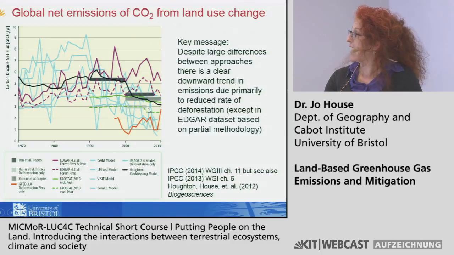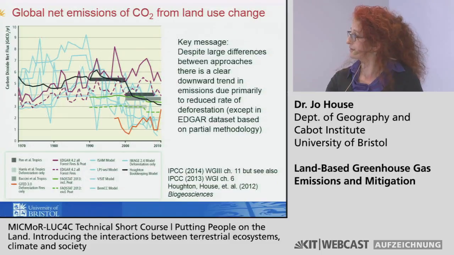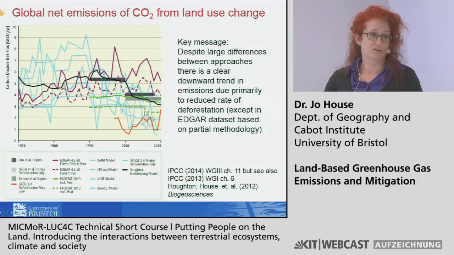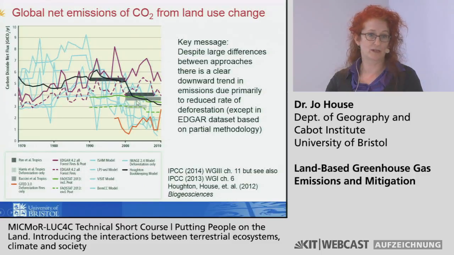That's also what they did in the Harris paper, and they used a different land cover data set and also a different biomass estimate, but also a different method. And actually most of the reason these two are different is not because of the different data, it's because of the inclusion of different processes, which is something I'm going to get onto later. But the Baccini is a little bit more complete in terms of the different processes it considers.